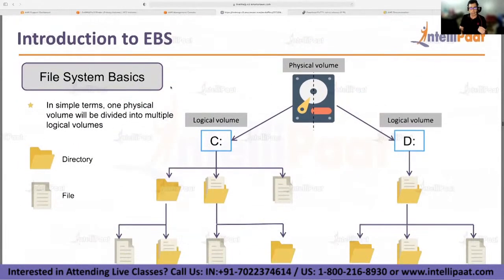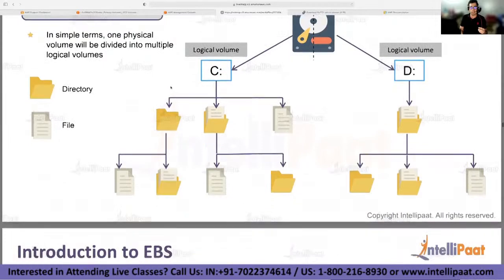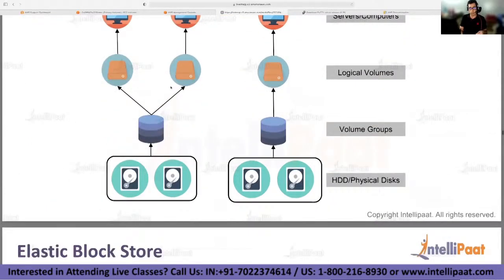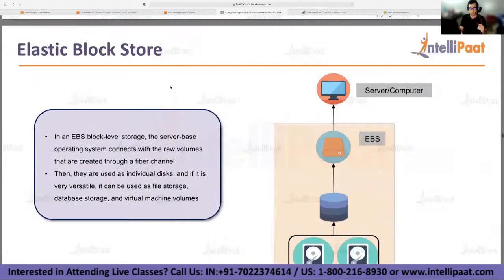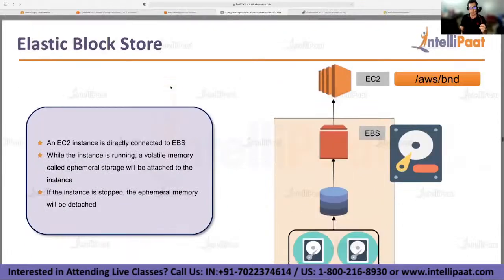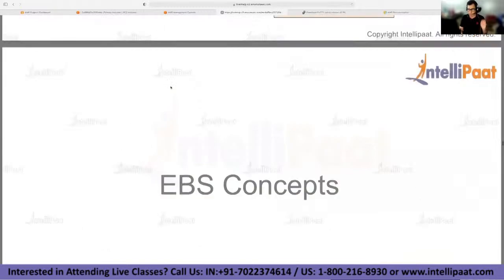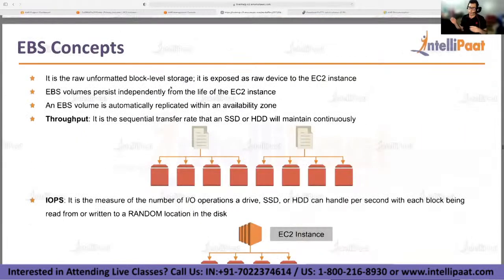Now, these volumes are nothing but virtual block stores that you attach to the instance, and it is connected to the instance in such a way that it remains a separate entity at the backend. Okay, so I'll just give you some overview on the slide itself, and I'll just switch to the